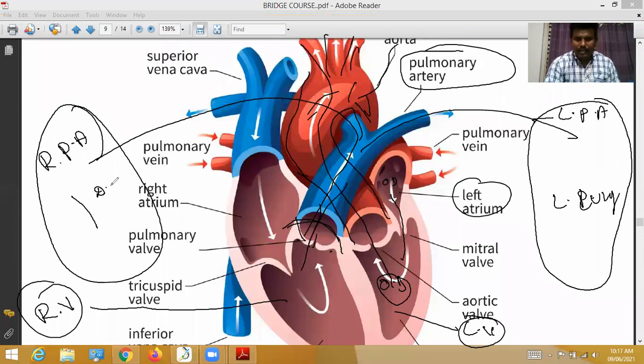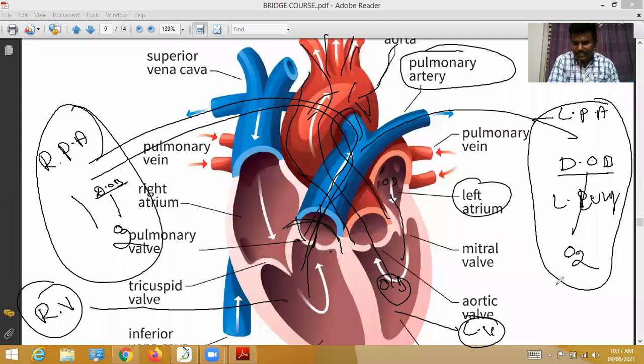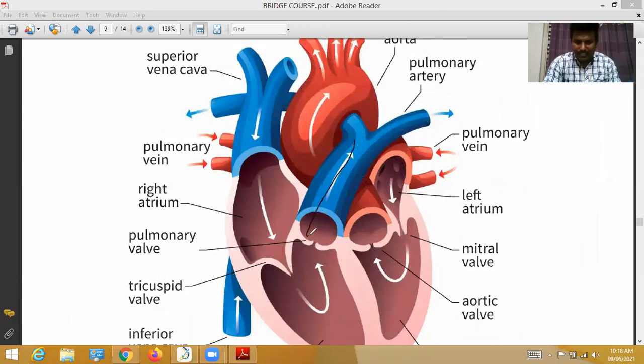Through these, deoxygenated blood enters the right lung and the left lung. Here deoxygenated blood becomes oxygenated. This oxygenated blood returns. See, this is called the pulmonary vein. This pulmonary vein opens into the left auricle. From the left auricle to the left ventricle. From the left ventricle, blood again goes to the systemic aorta. This process is continuous throughout our life. This is called the pulmonary artery. This is called the systemic artery. That's all.